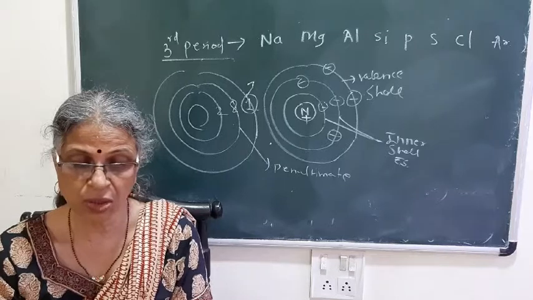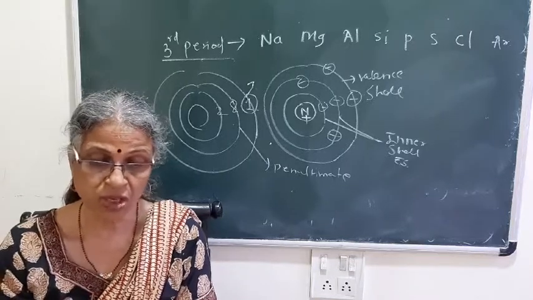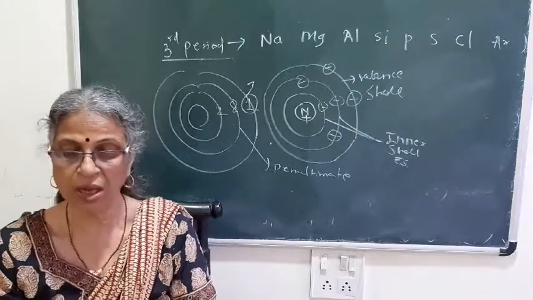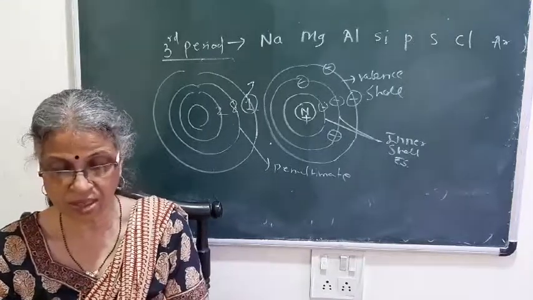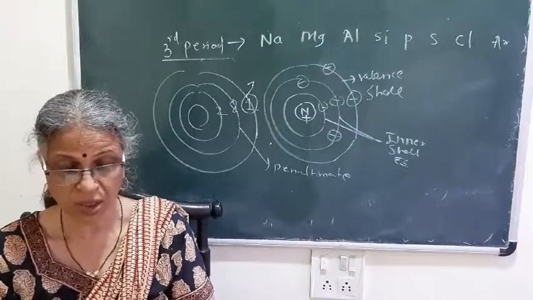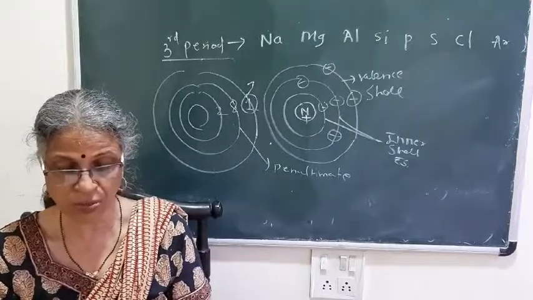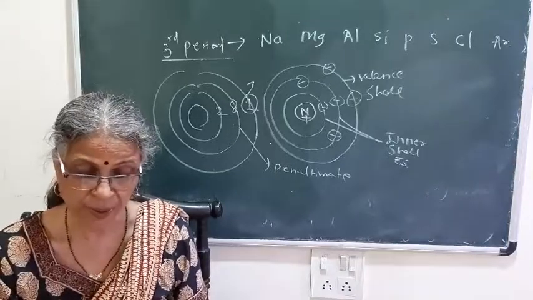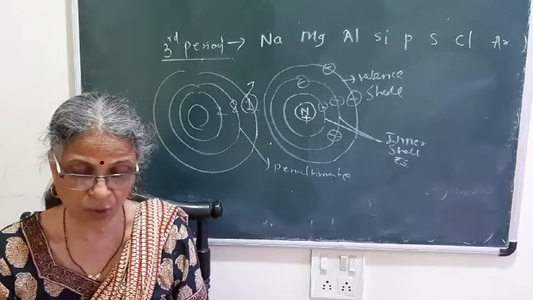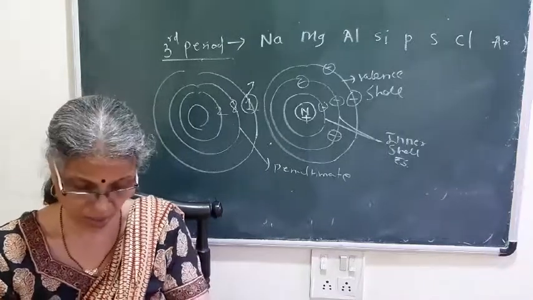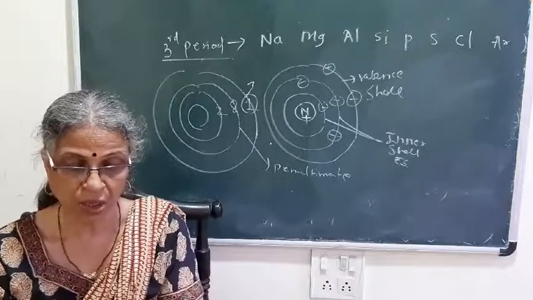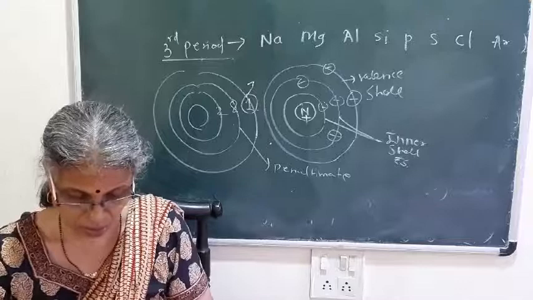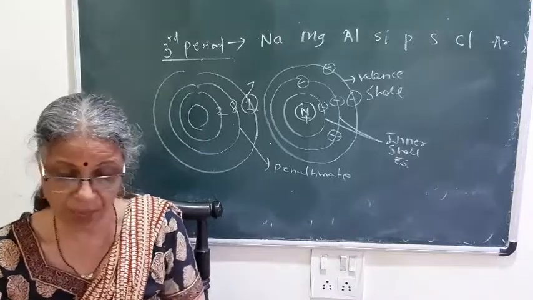Followed? So give scientific reasons. Question number 7. Atomic radius goes on decreasing while going from left to right. The answer is given on page number 25. The paragraph below oxygen, boron, carbon, there they have given the answer directly. You write that, sufficient. Metallic character goes on decreasing while going from left to right in a period. Just now I have taught you, page number 27, top paragraph. Atomic radius goes on increasing down the group. So 25th page, bottom paragraph.